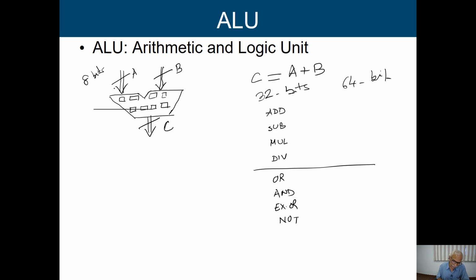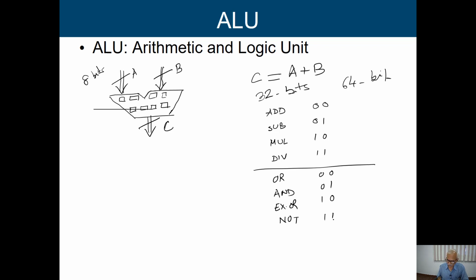So I am giving some input in A and B, and we are going to perform one particular operation. Now how are we going to indicate that particular operation? For that, again, it is a very simple thing. We can have a binary encoding, and according to that encoding, we can indicate what operation we are going to perform. Say for these 4 operations, we need 2 bits of information, since 2 to the power 2 is equal to 4. So I can say that if the signal is 0 0, we are going to perform the add operation, and similarly 0 1, 1 0, and 1 1. Similarly for the logic operations, I can say OR is 0 0, AND is 0 1, XOR is 1 0, and NOT is 1 1.